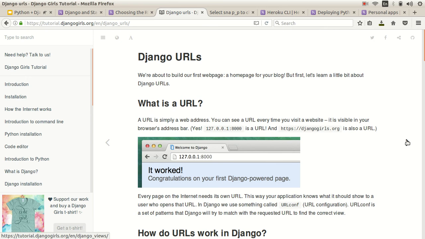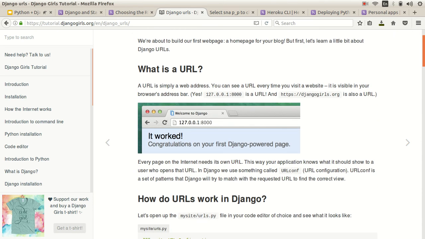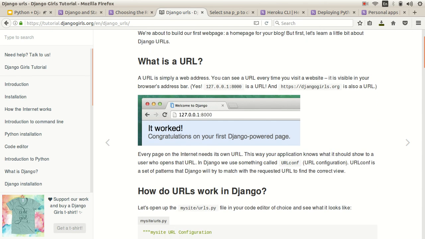Okay, now Django URL. So what exactly is a URL and how does it work and things to that effect. The URL, or the URI, terms used interchangeably sometimes, is basically a web address. You can see a URL every time you visit a website. It is visible in your browser's address bar. So this up here is the URL. Yeah. So every page on the internet needs its own URL. This is the way our application knows what it should show to a user who opens that